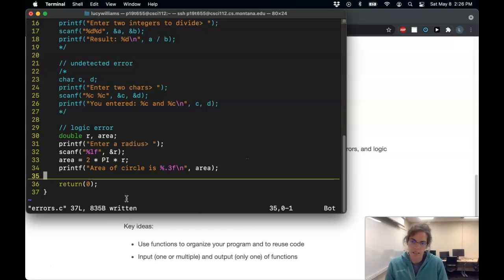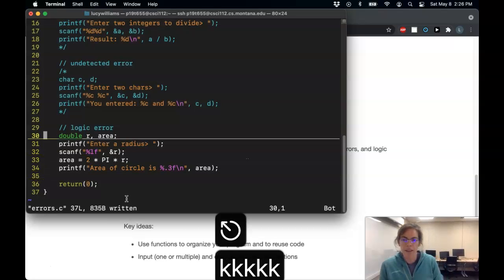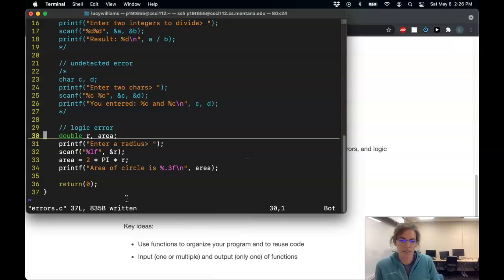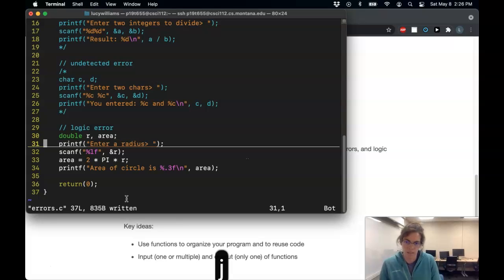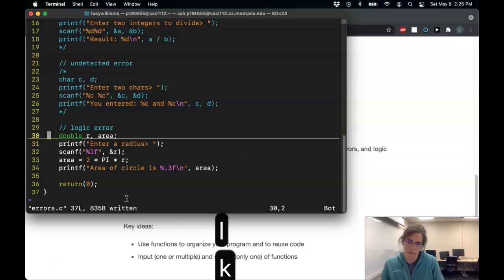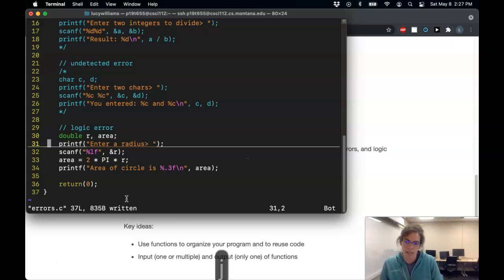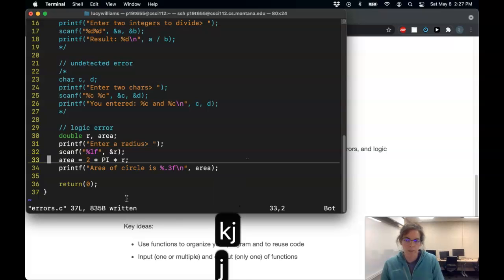So here I am claiming that these lines of code are going to compute the area of a circle. So let's see, we declare a variable r for the radius and a variable area for the area. We get a radius from our user, that seems great. And then we compute area as 2 pi r, but